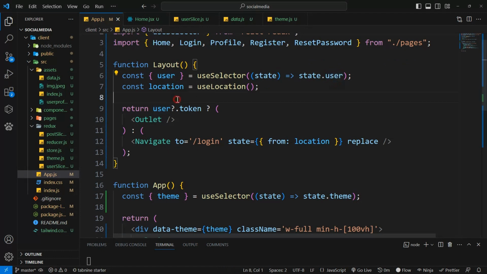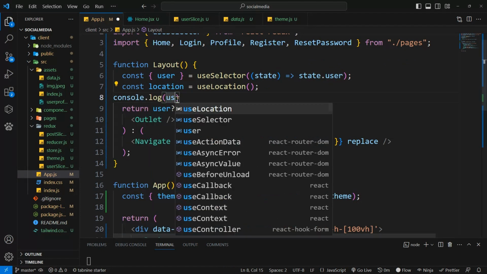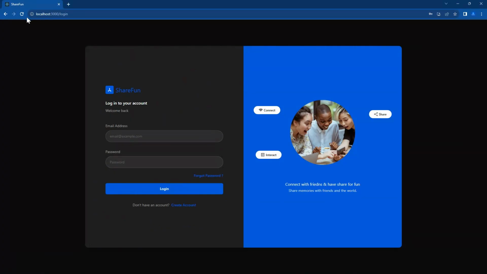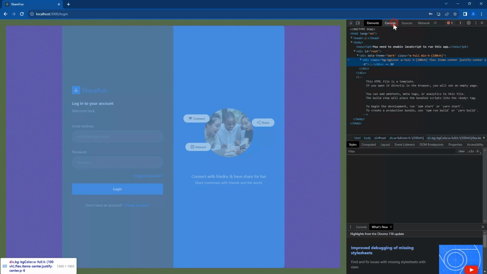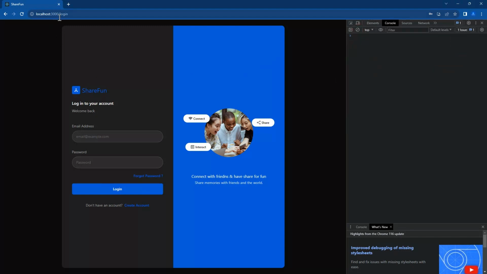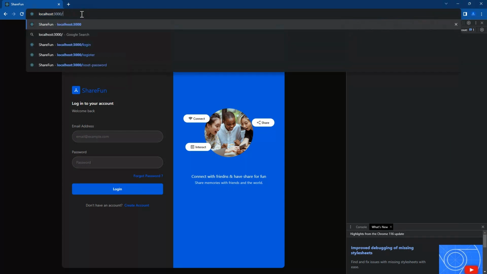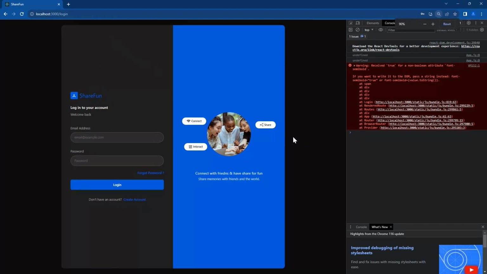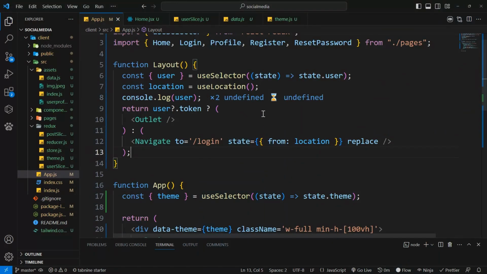Okay, let's console log the user again and see. So in our console, we get this error here. We'll check it. Okay, let's clear it, go back home, and nothing is showing. We're getting undefined. Okay,